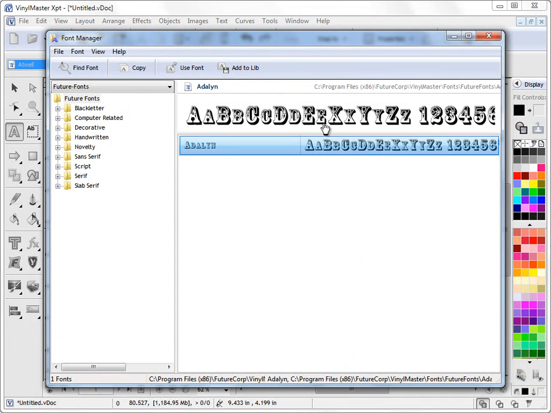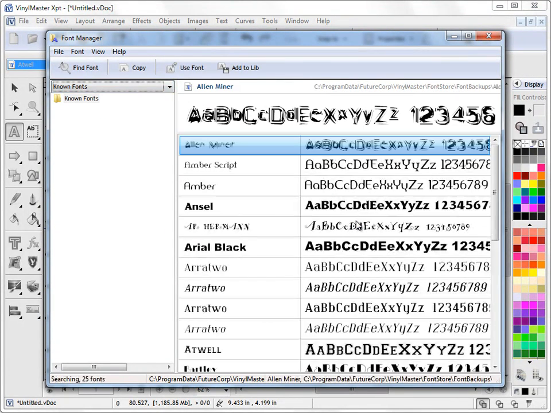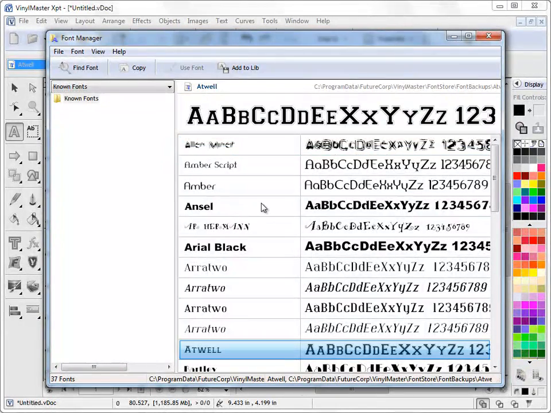And so that explains to you how that works. As you can see, Atwell's still in the list here. And it'll also be in my known fonts, because I've now used Atwell, as you can see here, and it's currently available as a known font because I've used it. So that's a handy thing to know, that you can bring up your known fonts or your previously used fonts